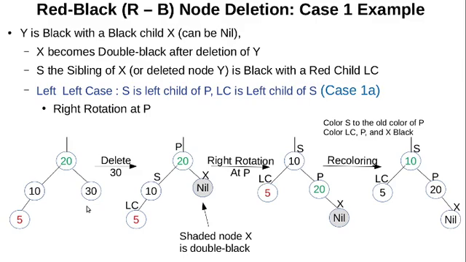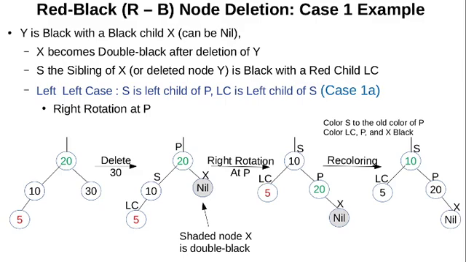When we delete the black node 30, the black height at its ancestors is decreased and the orphaned child, that is nil node, is required to contribute double blackness to compensate for the black height reduction. The double black node is shown as a shaded node here. Our aim is to reduce blackness of nil node X without violating other red-black tree properties.